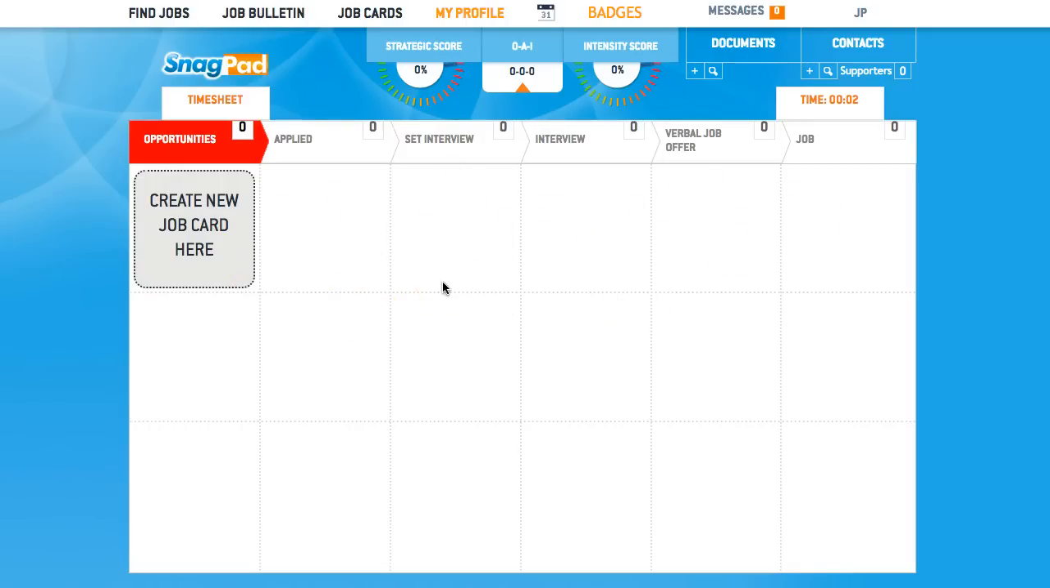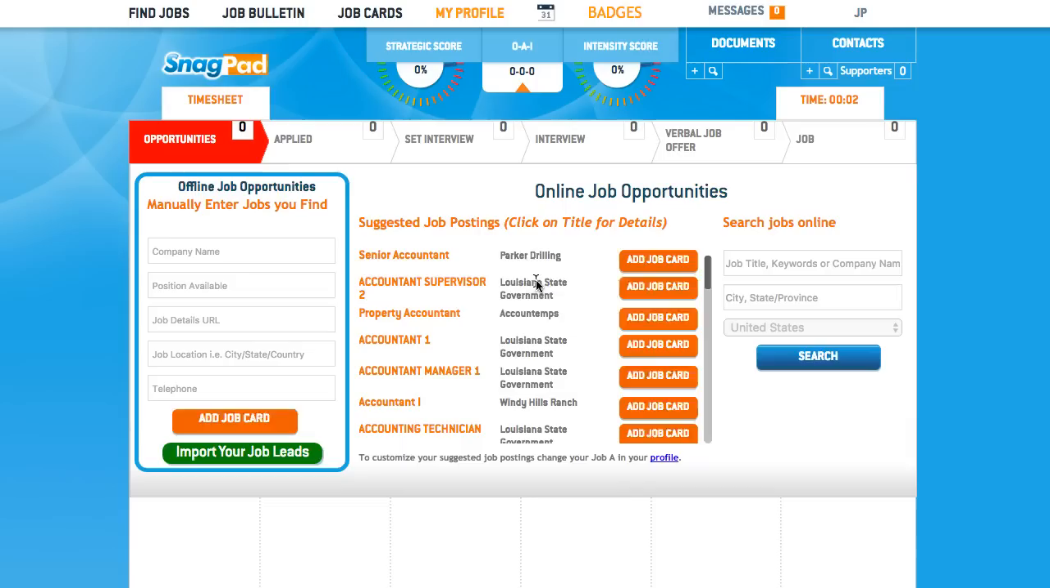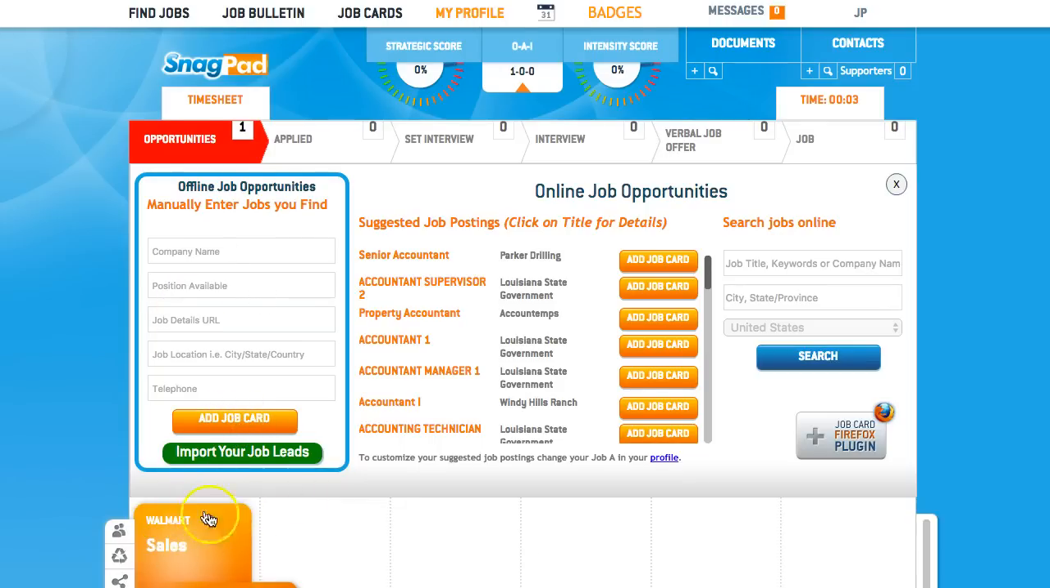So your objective is to add job cards and then move the job cards as you go through the job search process. To add a job card, simply click on this gray box here, create new job card. When you click on that, it's going to open up a box that shows how you can enter a manual opportunity or choose suggested job opportunities from SnagPad itself. So let's say, for example, a friend of yours tells you about an opportunity. You type that in here. Let's say it's at Walmart for sales. All you have to do is simply click on add job cards,